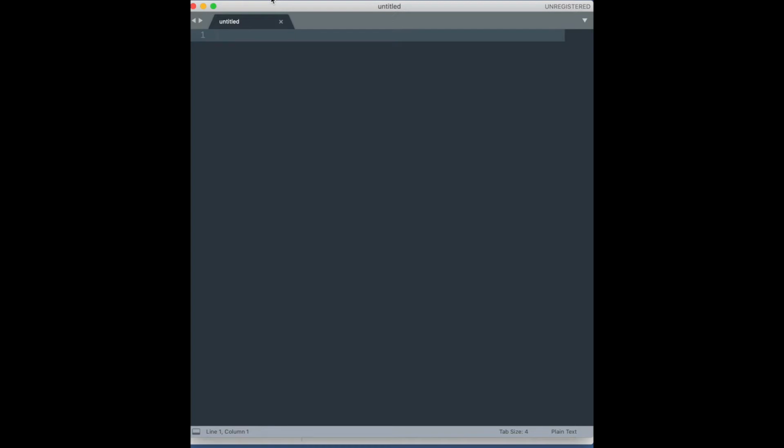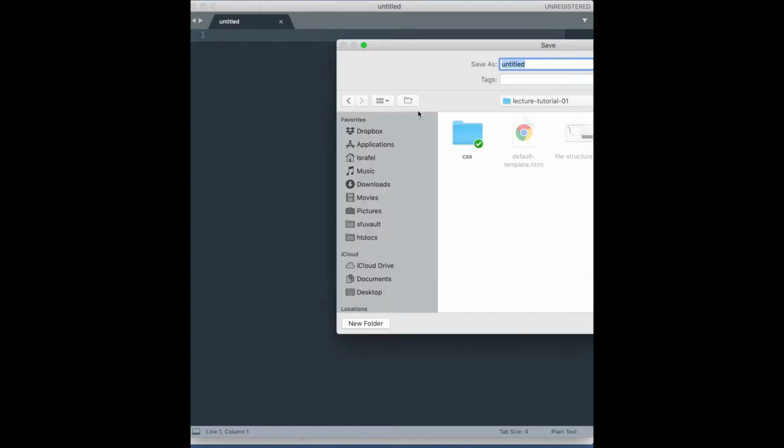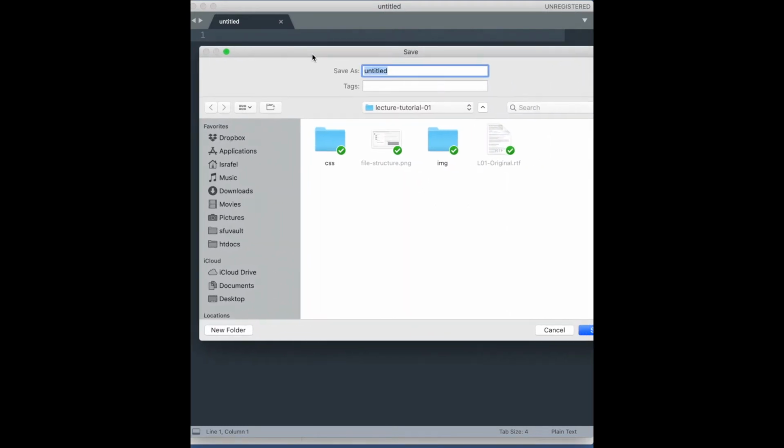And so if you make this and then save it as a blank template as your starting point, you'll then have that for any HTML page that you're going to make after that. So even when there's nothing in here, we can go to File, Save As, and navigate to where we're supposed to do this. So in Lecture Tutorial 1, you see there, and then in the file name for Save As, I'm going to call this default template